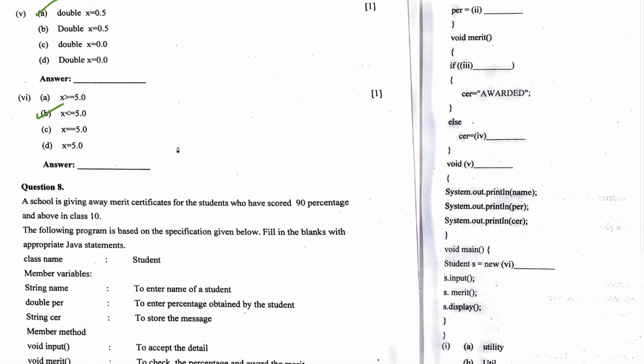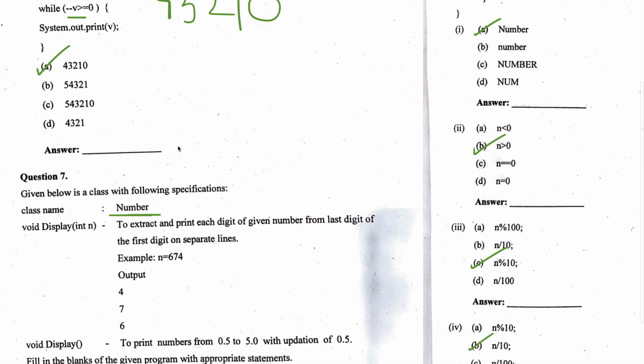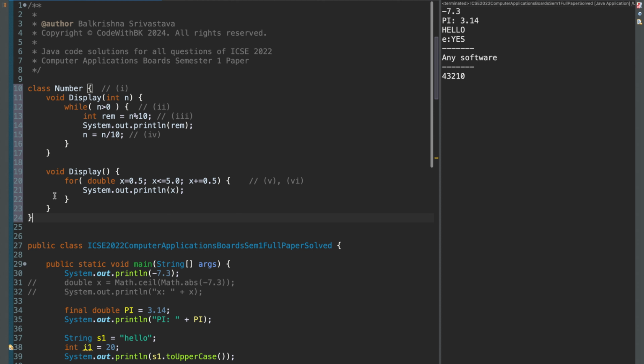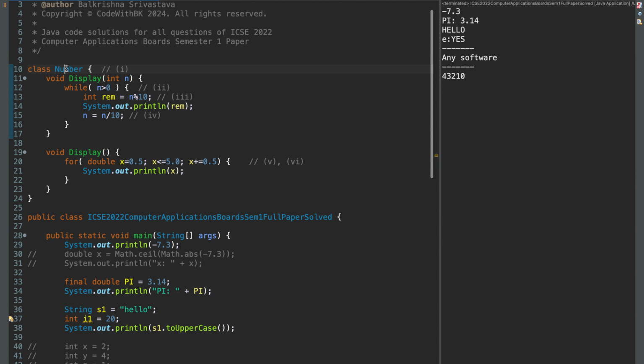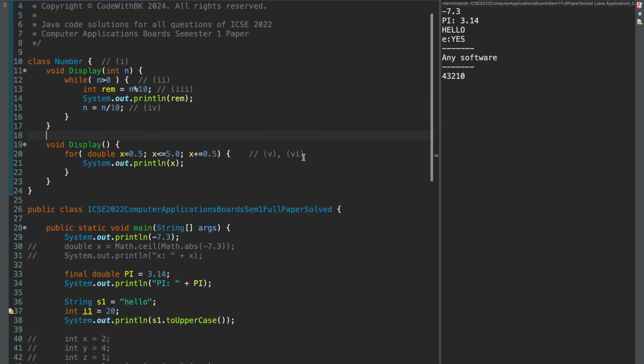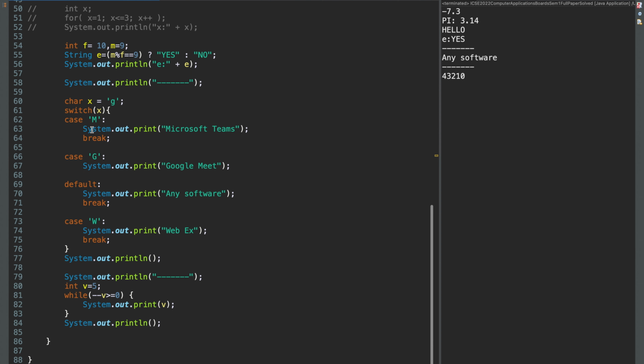Okay. So let me just create this entire class and show this to you. So this is the class Number. The first part was Number, the second part was n greater than 0, third part was n%10, fourth part was n/10, fifth and sixth part was double x equal to 0.5. Okay. So I will have to create an object of this Number. Okay, so let me print my beloved border. Then Number